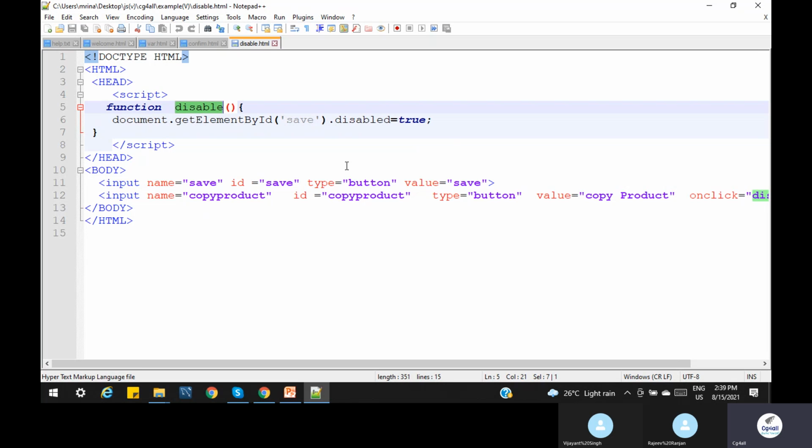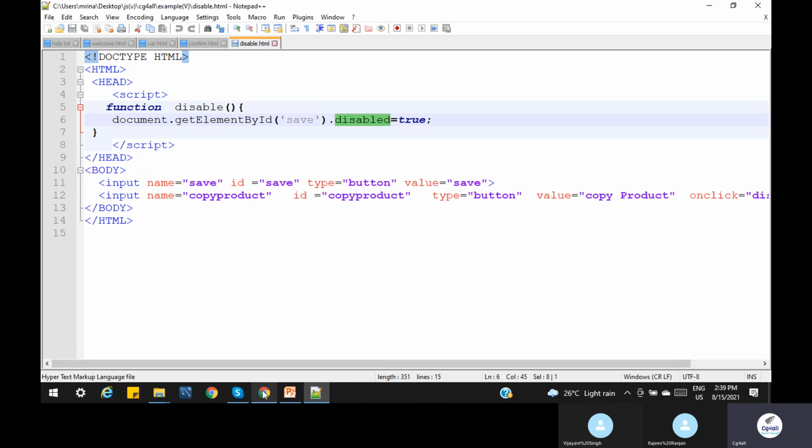Inside that, our requirement is that this button is disabled, so we have to assign the value disabled as true. Assignment goes from right to left, so true is assigned to this property. We pass the ID of the save button, dot disabled, so it should be disabled.